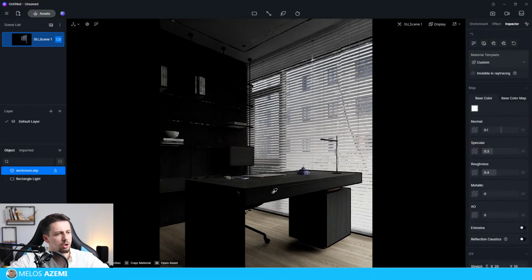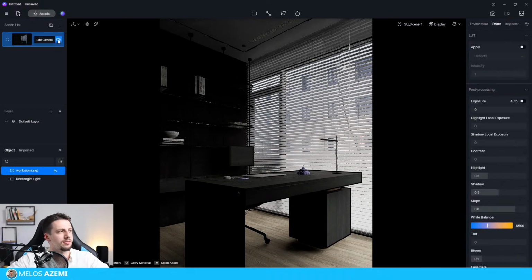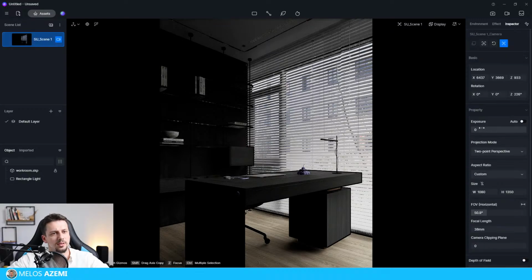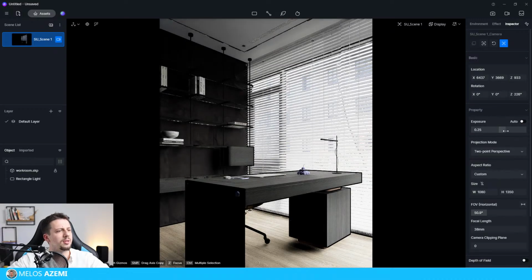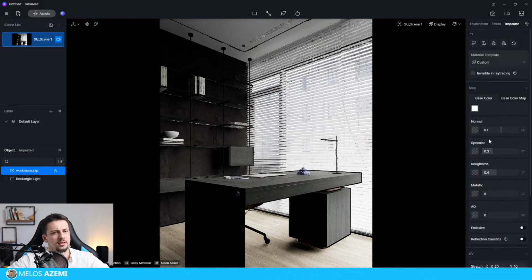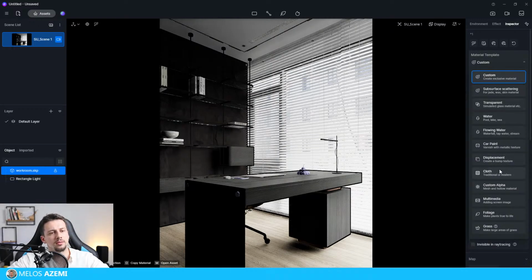So I'm gonna use the eyedropper tool. I'm gonna select this. I think we definitely need some more exposure here. I think something like this would be much better. Let me do update. Okay. All right, now let me use the eyedropper tool. I'm gonna select this, and I will definitely decrease the roughness a bit. I will increase the normal map, and if there is a custom, no, I think all of these should be